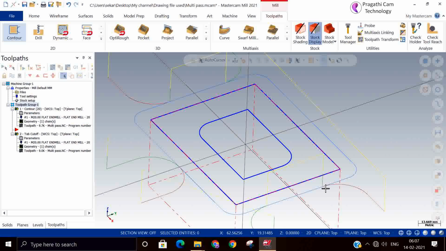Okay, so you can check entry and exit conditions for the material, whatever material you are machining, and your tool capability of entry and exit also to be taken care of for this particular usage of tab cut.